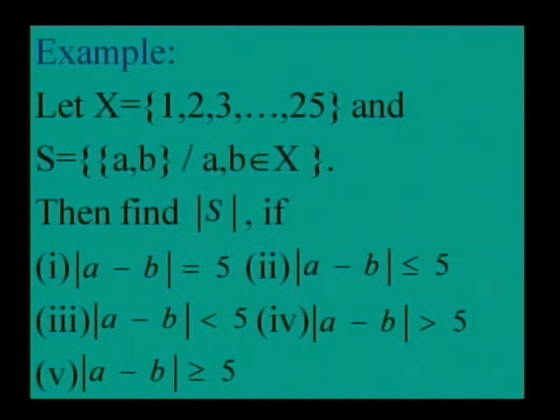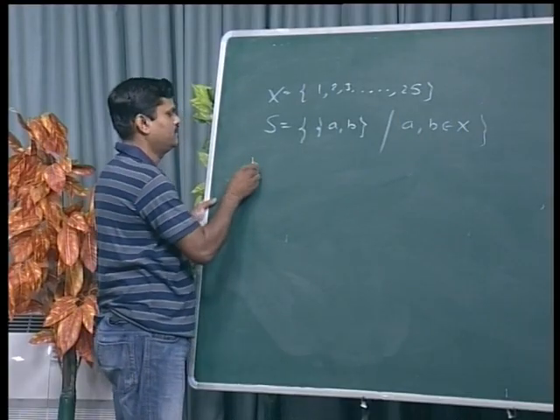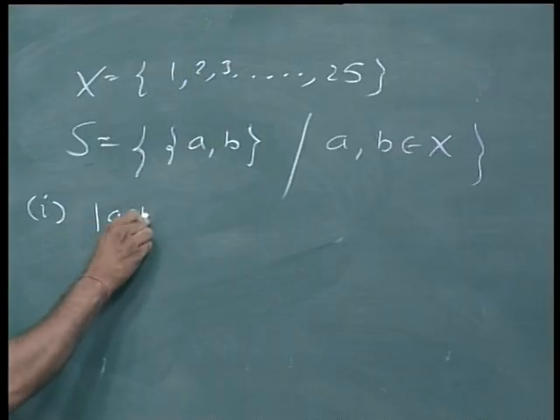That's why it is written in the set form. a, b belongs to X. I have not used simple parentheses, it is simple curly brackets. And our aim is to find the number of elements in S subject to these different conditions. Mod of a minus b is equal to 5. Mod of a minus b is less than or equal to 5, and so on. Okay. Let us solve one by one. Come to the board. The first one, mod of a minus b is equal to